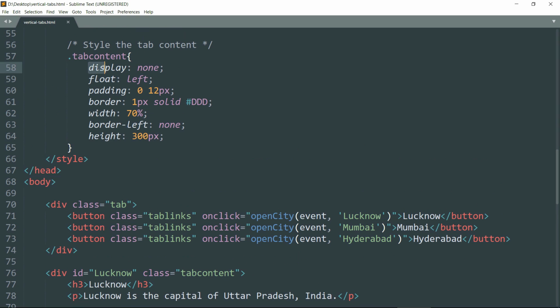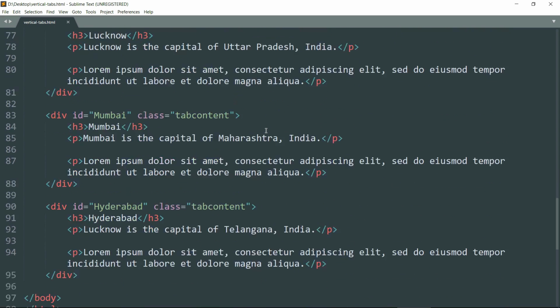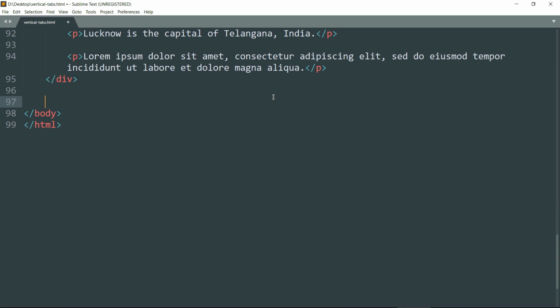This display none property of this .tab content is responsible for hiding all of the tab contents, and on clicking on any one of the buttons, this opacity function of JavaScript is invoked. So now let's define this opacity function. Get below all of the div elements and create a script tag